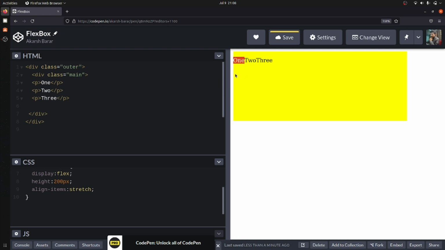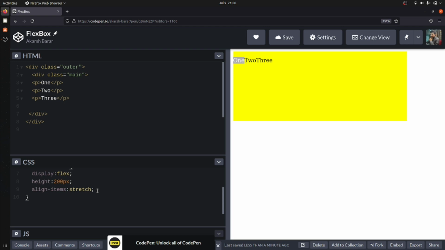As of now stretch is not doing anything. For this we have to give them a height and a flex. By default the stretch is the value of the flex parameter. By default align items stretch is set. Okay, these are the things.